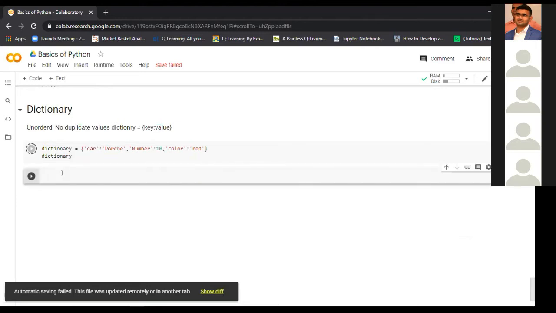Now let's try to access the number 10 in the dictionary. For accessing the number 10, you have to put the name of the key of that 10 here. So we know that the key name for 10 is number. So if we print,